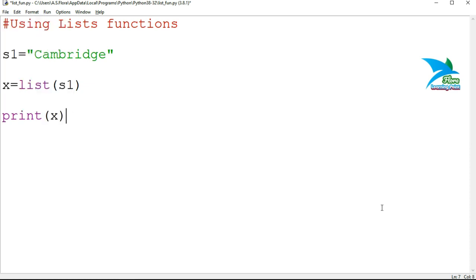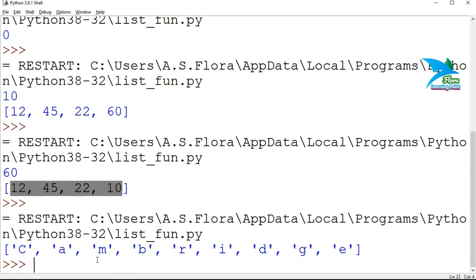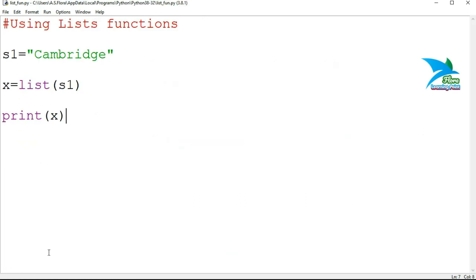Now if you print the elements of the list, just check this one. The elements of that string have been converted to a list, right? And presently we have each character individually inside the list.